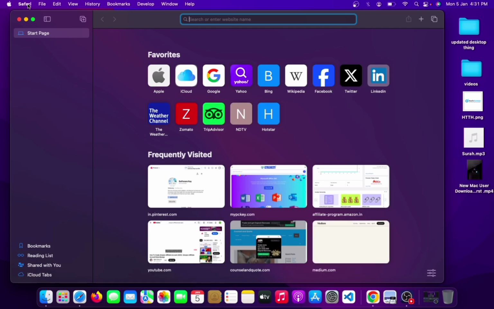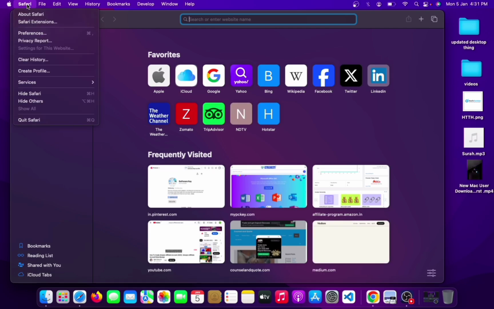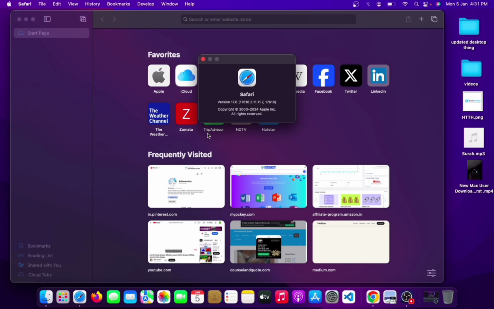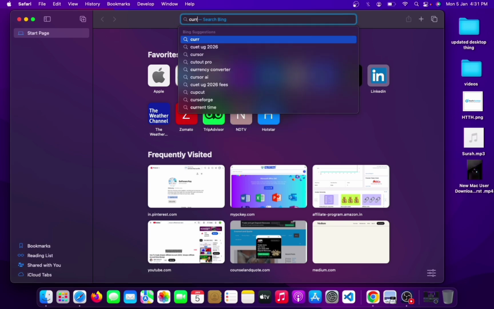Now click on Safari here on the top left, or you can see here About Safari. Click on About Safari. Now just see the current version of your Safari browser. It is 17.6. Now what you have to do, just search here current